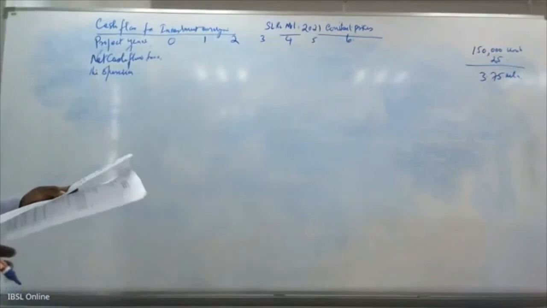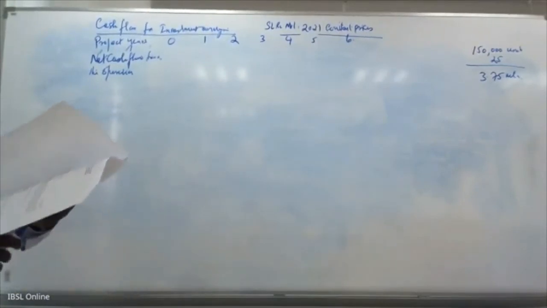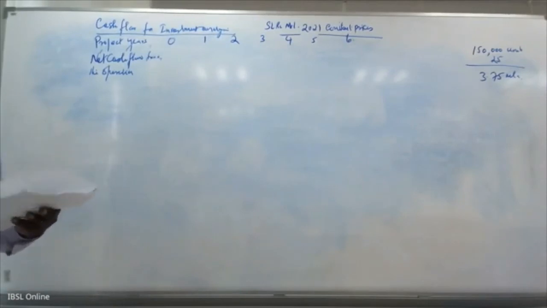Right. ABC Plastic Company Limited has planned to install 2 blow molding machines to increase its production capacity of